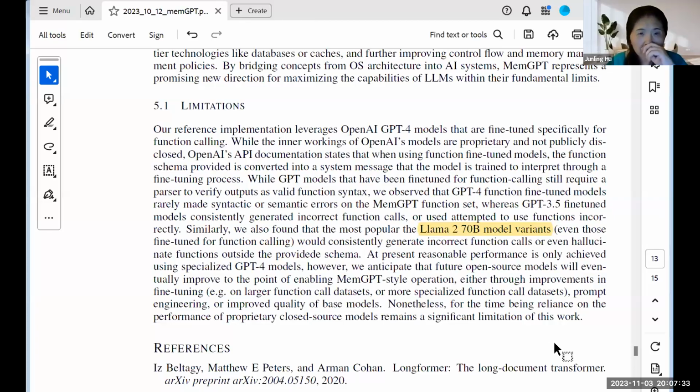All right, so they talk about the limitation in terms of the OpenAI GPT-4 model, where they don't know the inner workings or how it has been fine-tuned. So this is not about the speed.